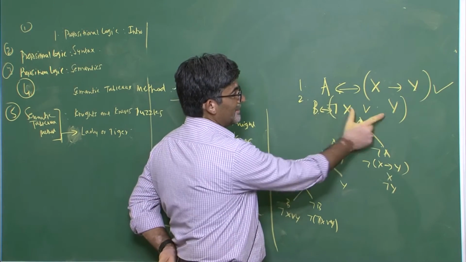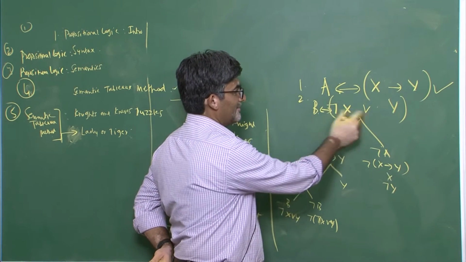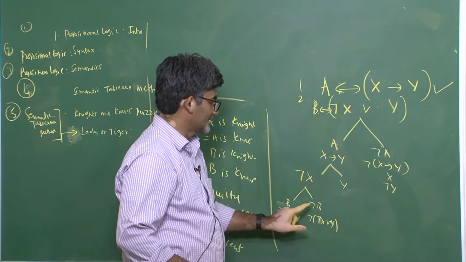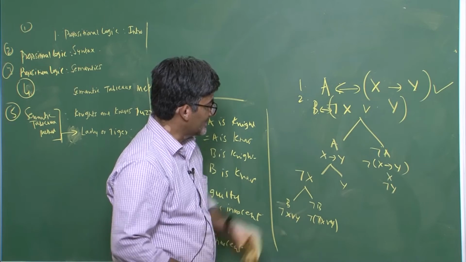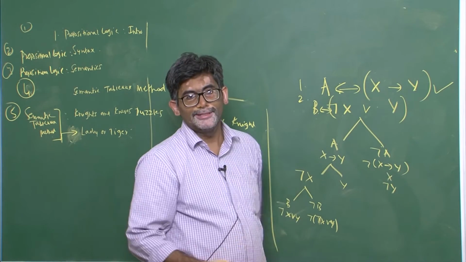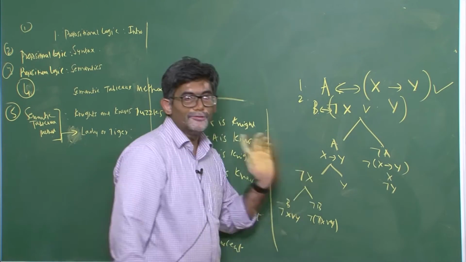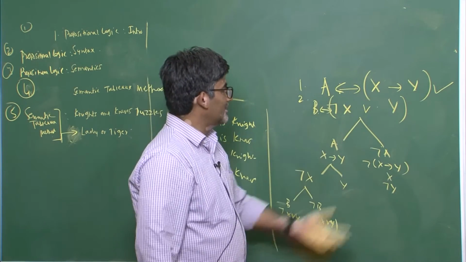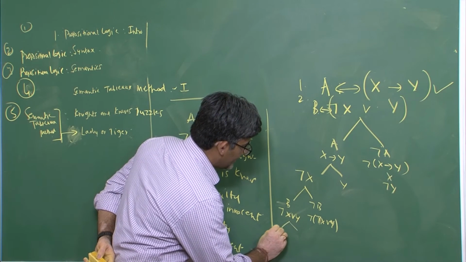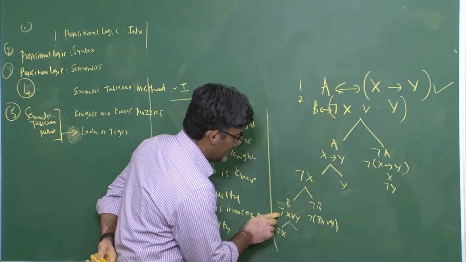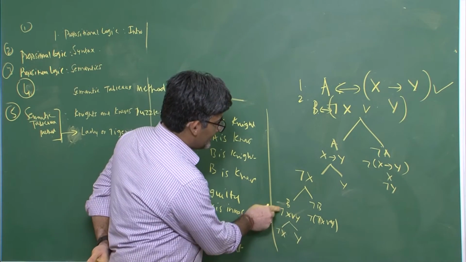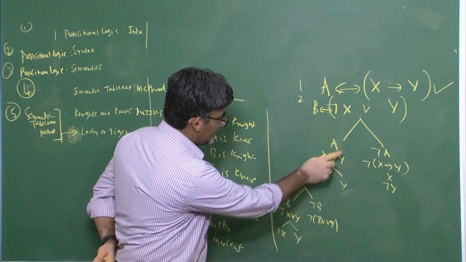B means X if and only if Y, meaning either both are true or both are false, and not B is the case with not of not X or Y. Just expand it, and note that if you have at least one open branch, that gives us a solution for this. This is further expanded, and not X or Y is written in this sense. So now this is one path and this is another path.